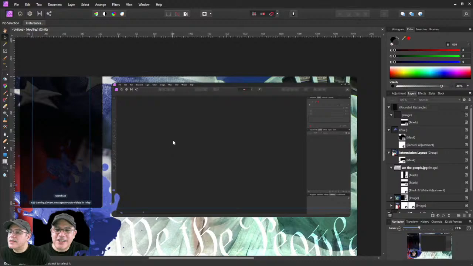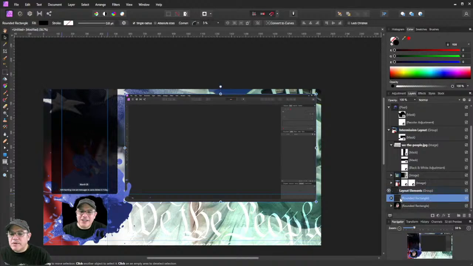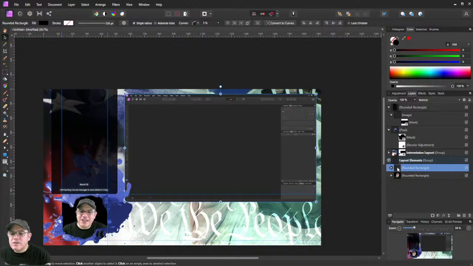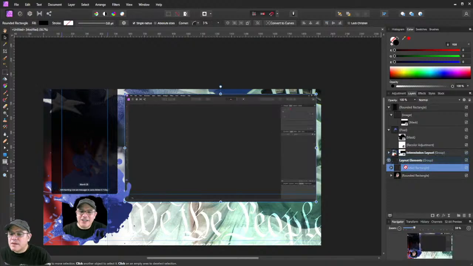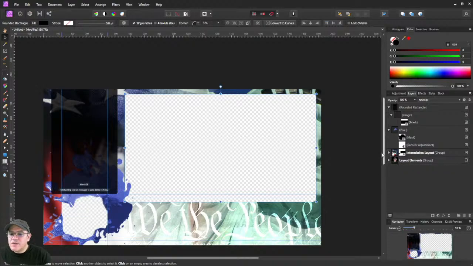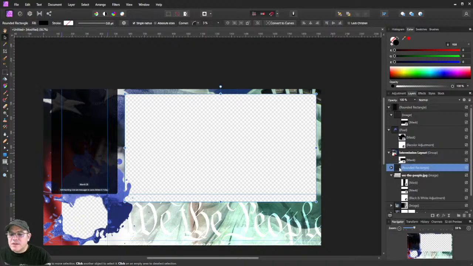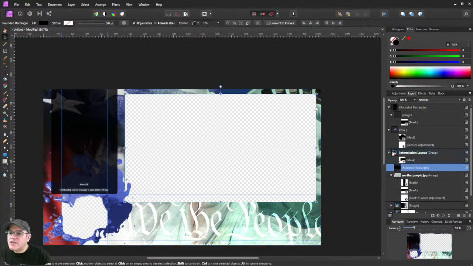So, all right, now I'm going to grab this object and move it as part of the layout, and you will see why. I don't need the camera anymore, and I can get rid of it now. So this one, I can get rid of that image too. I don't need it anymore. The only thing I need is the